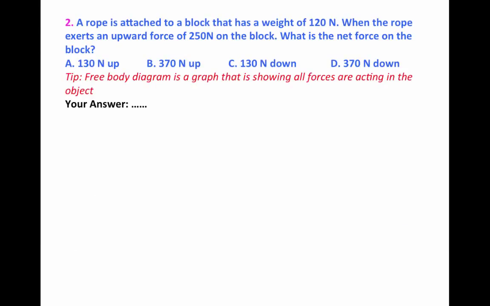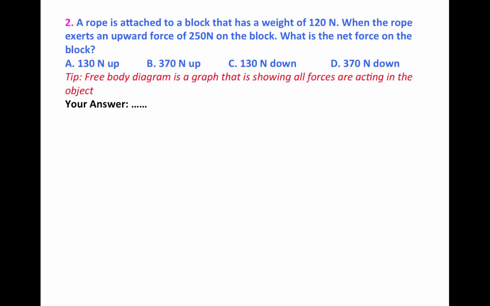Now you will have another problem. A rope is attached to a block that has a weight of 120 newtons. When the rope exerts an upward force of 250 newtons on the block, what is the net force on the block? A, 130 newtons up. B, 370 newtons up. C, 130 newtons down. D,